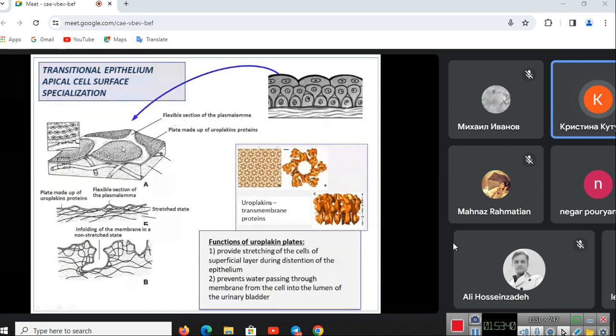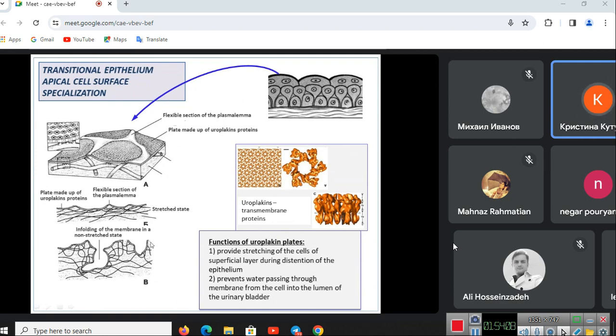What is this for? This is for changing the shape of the cells of the superficial layer of this epithelium. So in stretched area, the membrane looks like this when the cells are stretched, but when the cells are not stretched, the membrane of the apical surface of the cell is partly